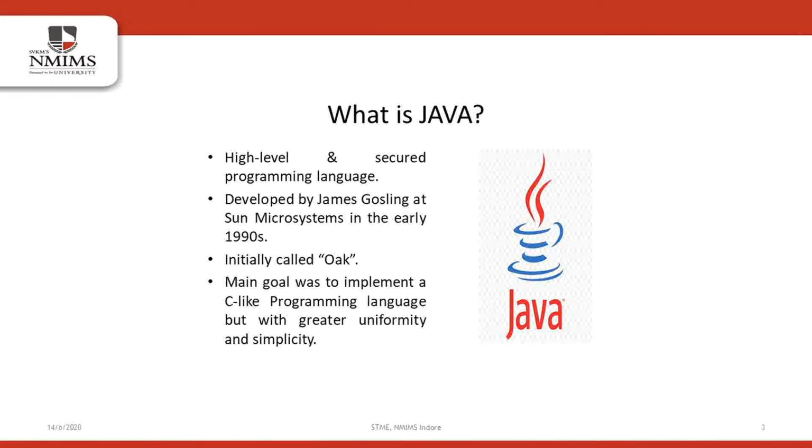In 2010, Sun Microsystems was acquired by Oracle, the company which currently owns Java. Initially they called it Oak, but then renamed it to Java because Oak was already registered by an IT company. As such, there is no reason for Java to be named Java. A team of people just suggested some random names and Java was chosen. The main goal behind the development of Java was to create a language pretty much similar to the syntax of C, but with more functionalities and much more simplicity.